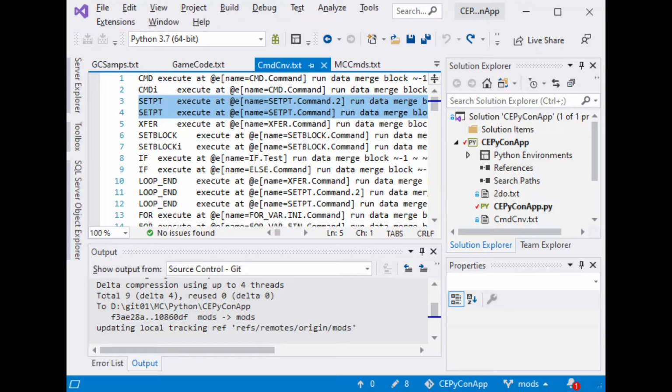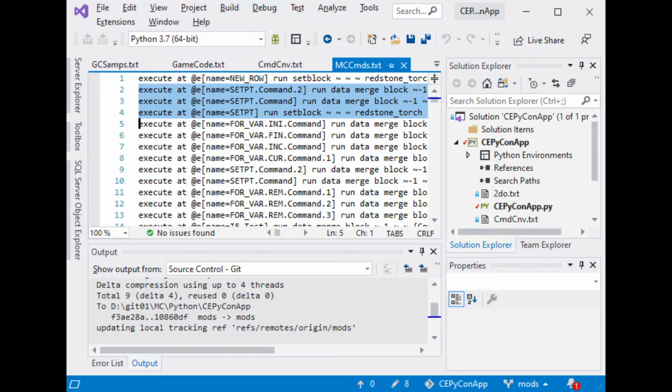These are used by Python to substitute the parameters you use in your code into the command template. Your code is read by Python from a file, gamecode.txt. For each line of code, the equivalent conversion lines are found in the conversion table in the file cmd_cnv.txt. Based on the first name in the code line, e.g. setpt, setPoint, and the parameters you provide are substituted in the corresponding lines of the conversion table, which are then output to a file,